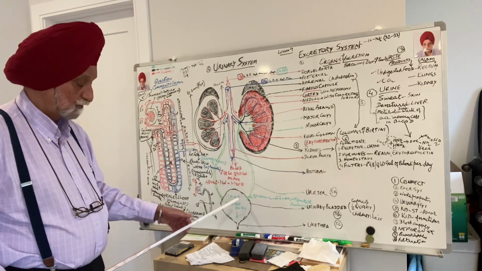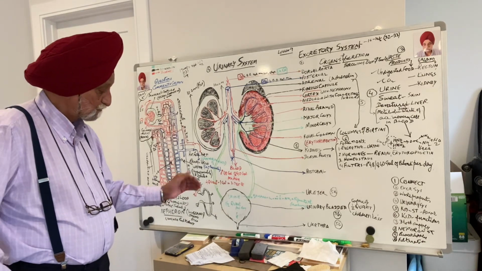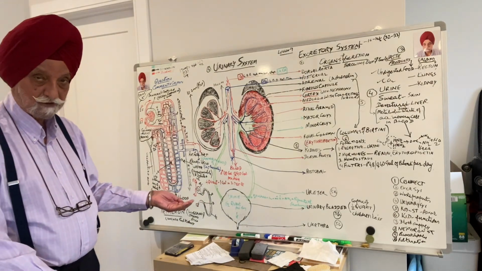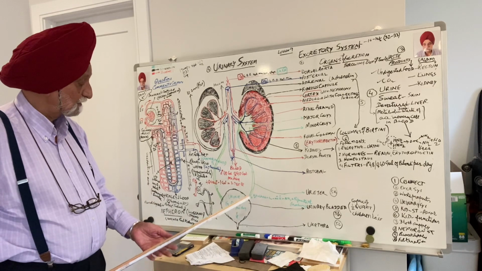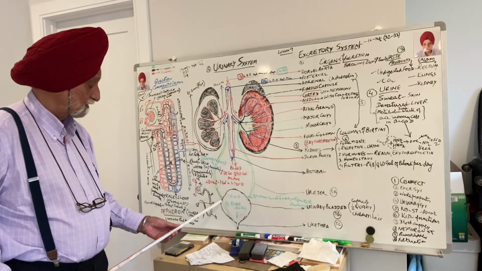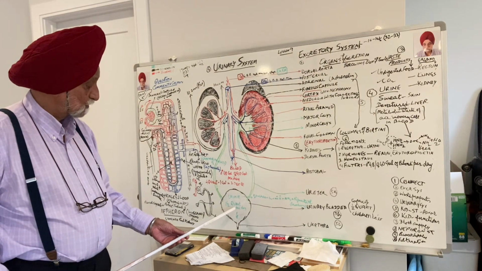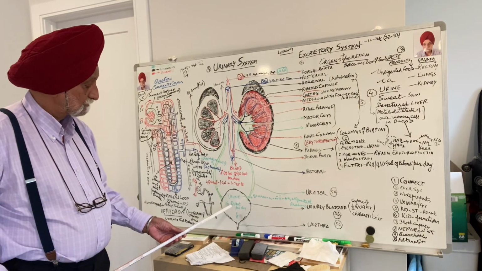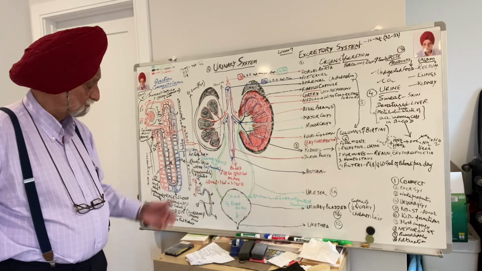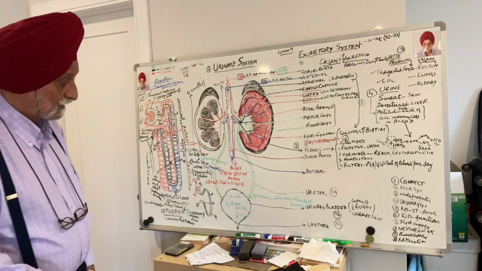Each ureter opens towards the back side of the urinary bladder, and the urinary bladder is a muscular organ which stores the urine. It can store up to 1500 ml of urine,